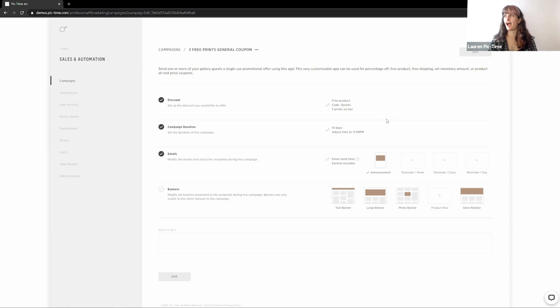Exactly. Yeah. I was very much a photographer who was totally hands off, and I didn't want to do any sort of sales things because that felt really invasive for my clients. But with the sales automations, it's just like me sending an email to people being like, "Hey, here's a discount if you want." So it feels really, really genuine and authentic, which is really nice. And Pic-Time makes it so easy to be kind of advertising, but not make it feel very advertising, which I really appreciate. So yeah. And then you can also add reminder emails too if you want clients to be reminded